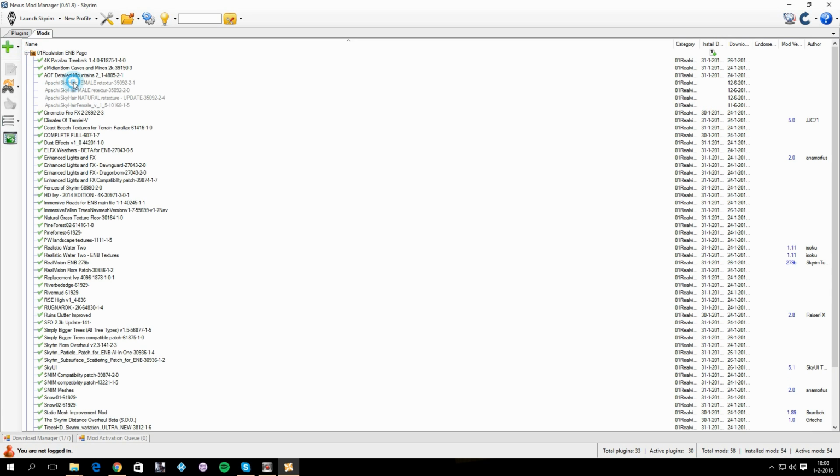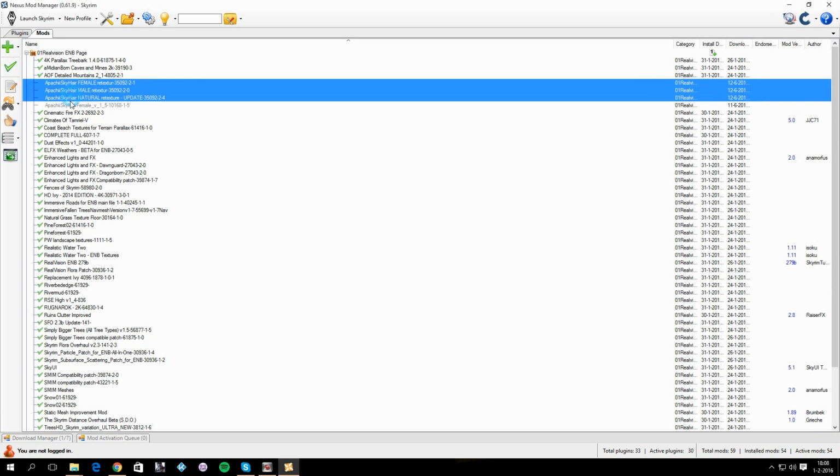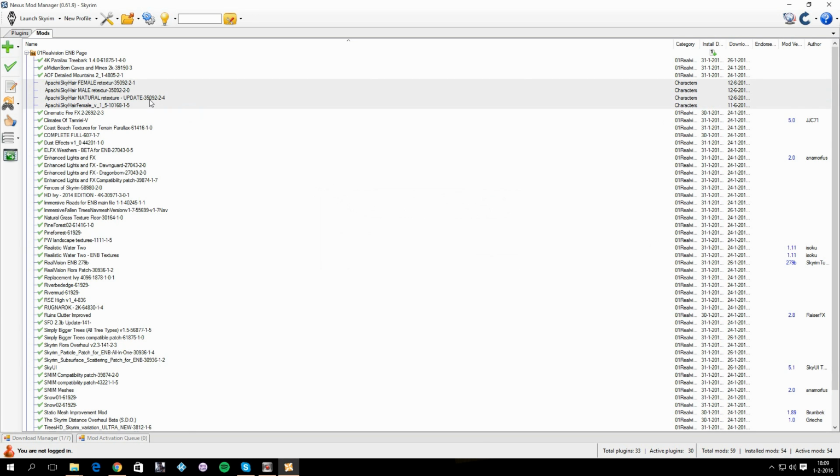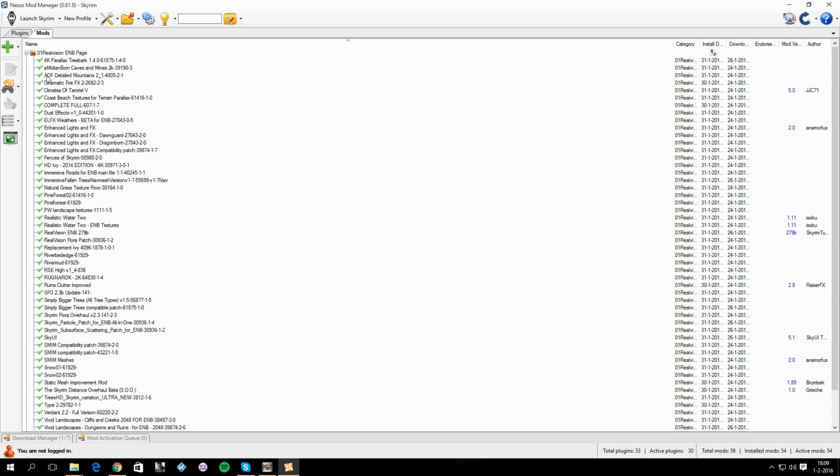So all these mods are added in the Realvision ENB page. I'm not sure how to change the part where you can automatically add them to a different folder than the main folder, which in our case is the Realvision ENB page, but we have to now just move them to characters, that's all. Okay,